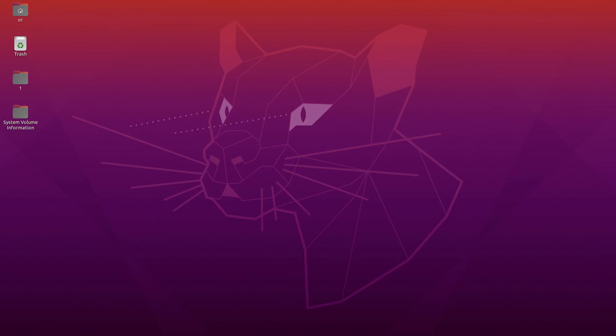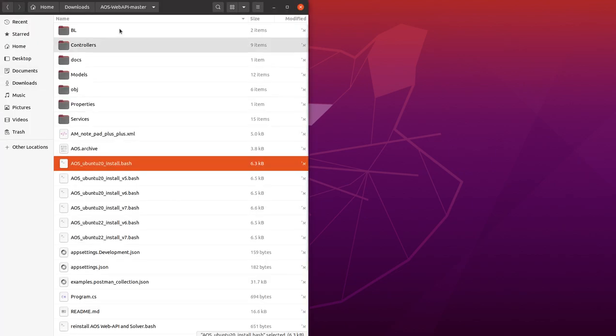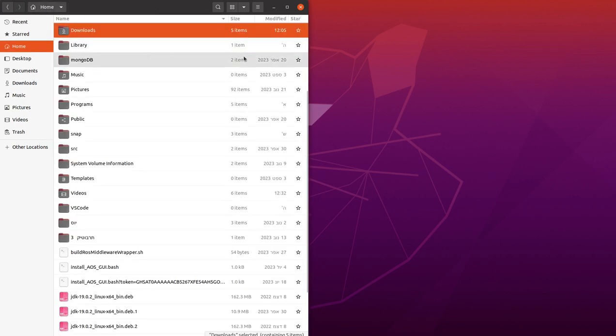Hi everyone. We now want to verify that the AOS we installed is working properly. So we will now run a toy example to see that everything is working as expected. And the first thing we need to do is to make sure that we have robot skills. So if you did the installation phase, then you're supposed to have